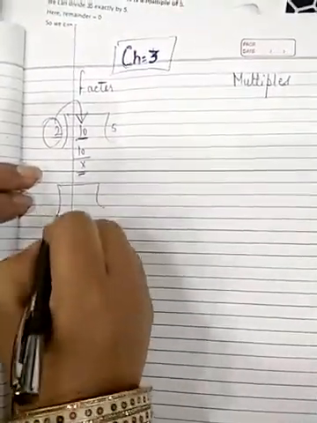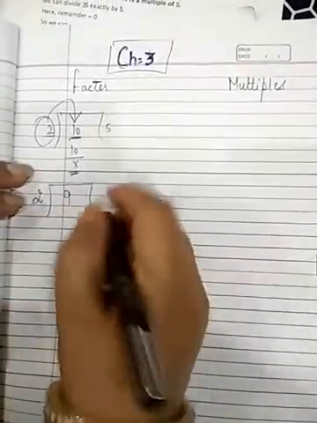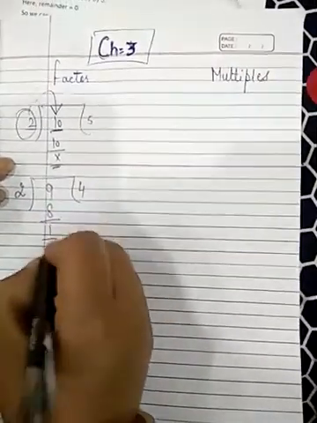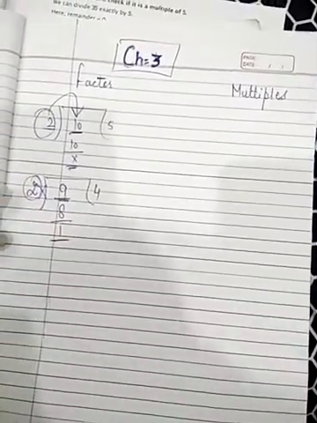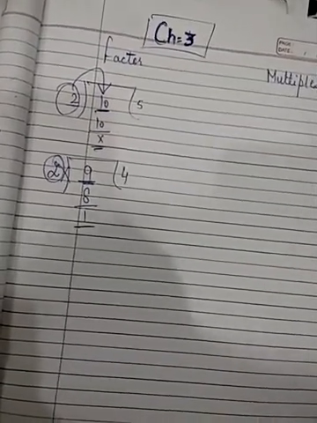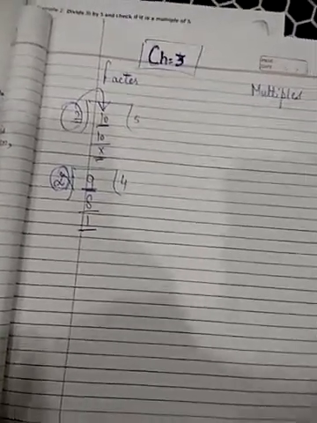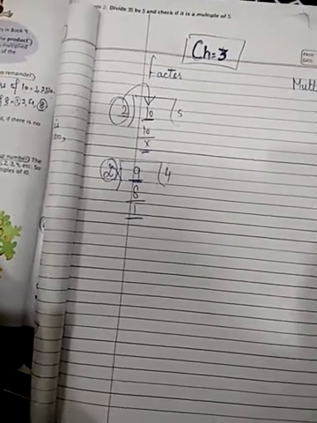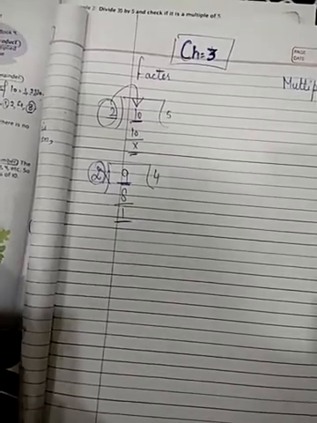Same. If I have to check 2 is a factor of 9 or not, I will divide these two. 4, 8, 1. So here 1 is remainder, means 2 is not a factor of 9. Clear? If you have to check whether any number is the factor of that number or not, what you will do is you will divide. If the remainder is 0, that means the number is a factor. Otherwise, that number is not a factor. So what is factor? In Hindi you can say you have to check कि क्या वो नंबर उस टेबल पे आता है या नहीं आता.